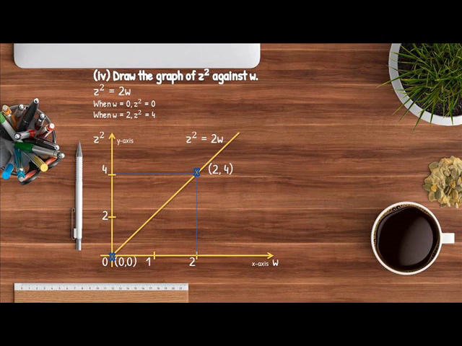Now let us plot the points. Well, our first point is 0, 0. That is the point where both the axes intersect. We will simply mark this point by putting a cross and writing 0, 0. And then we will mark our second point, that is 2, 4. By joining the 2 points, we get a straight line passing through origin, and we will extend the line and write the equation on the line, and finally our graph is ready.